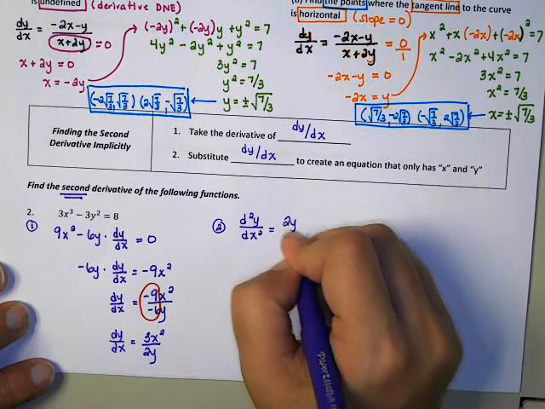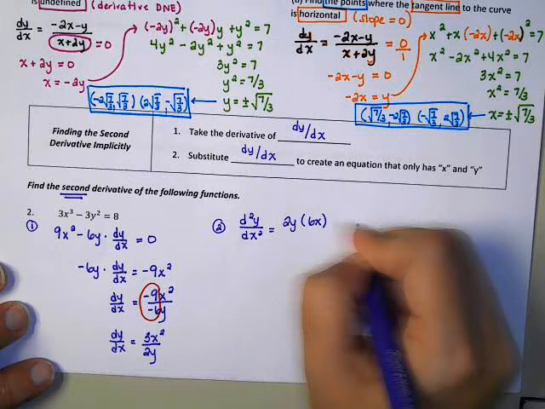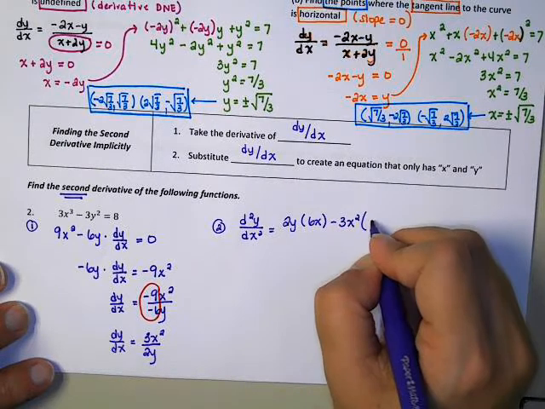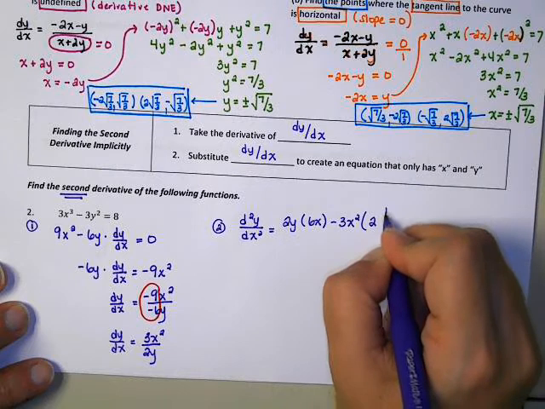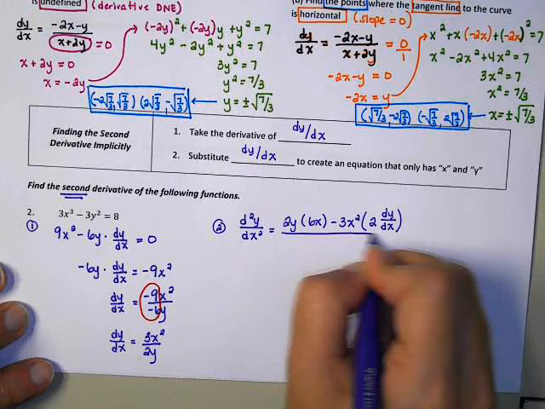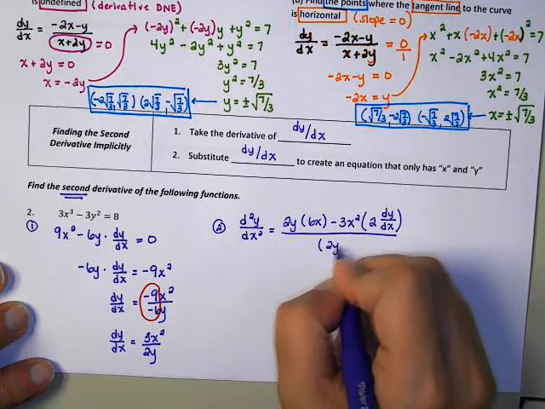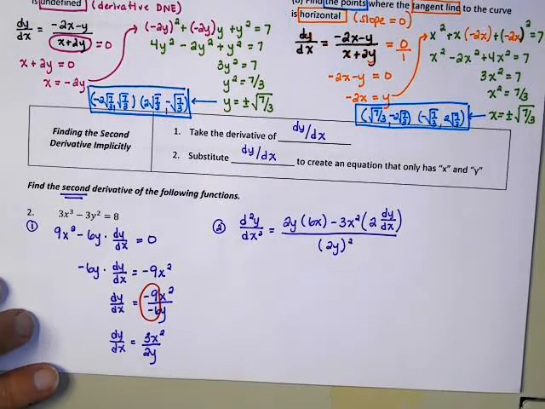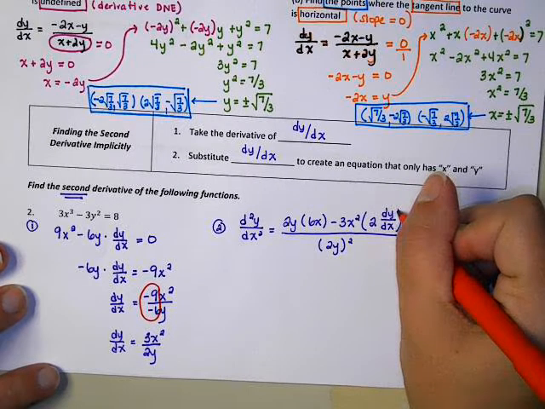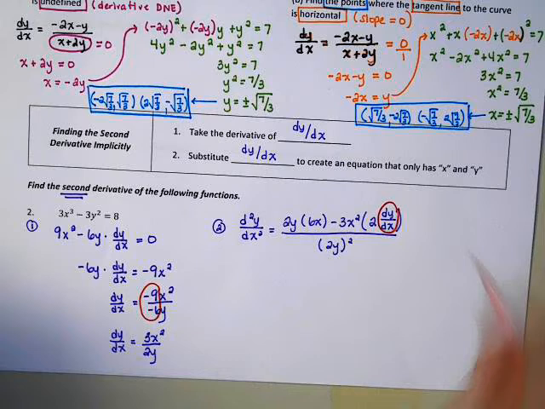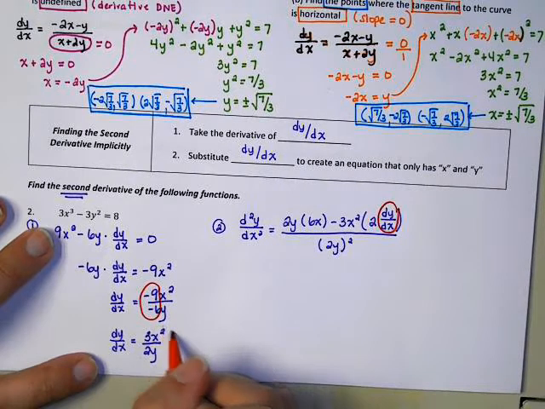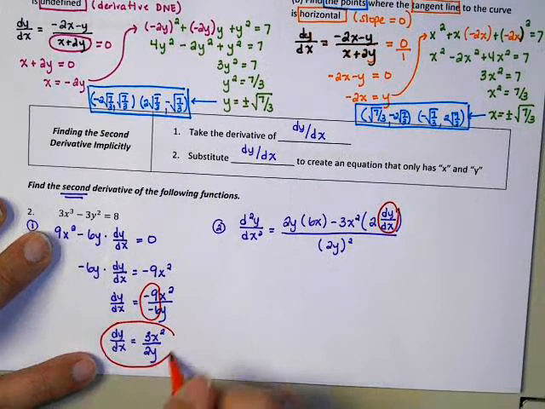So low d high, which is 6x, minus high, which is 3x squared, d low. The derivative of 2y would be 2 dy over dx. And low squared, which is 2y squared, goes down below. What you'll notice is that in the second derivative equation, we have a dy over dx. So my next step is going to be to replace this dy over dx with the equation that we found